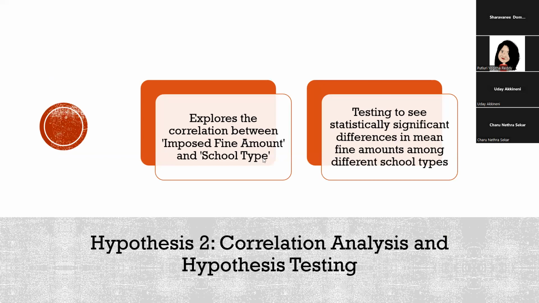Yeah, the next hypothesis that we're going to talk about is the correlation analysis and hypothesis testing. We will explore the correlation between our main feature, which is the imposed fine amount, against the school types. We can observe that our data contains three different school types, which are public, private, and preparatory. And we are trying to see if there are any significant differences in the mean values among these different school